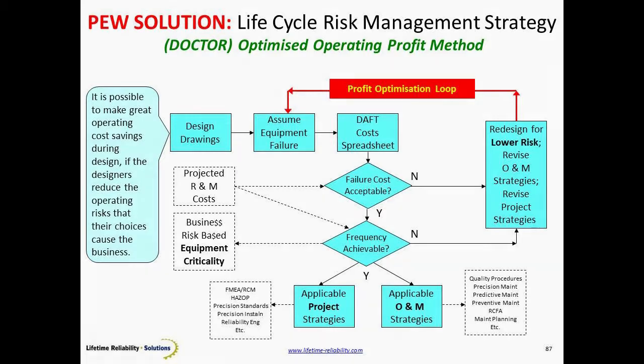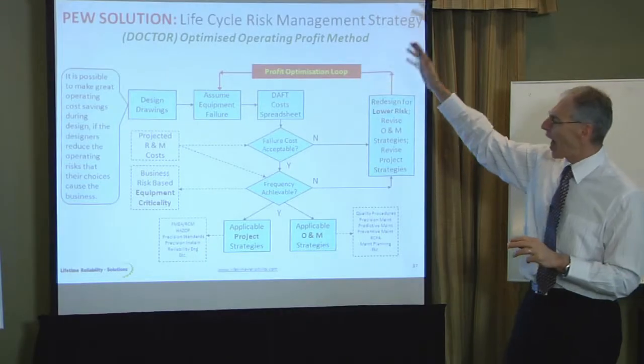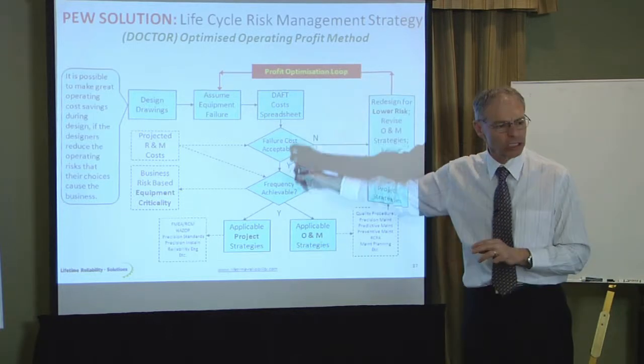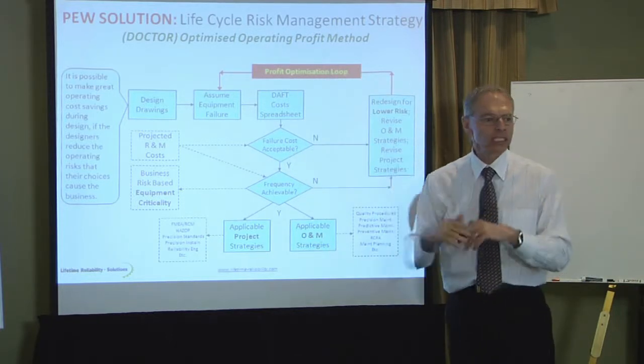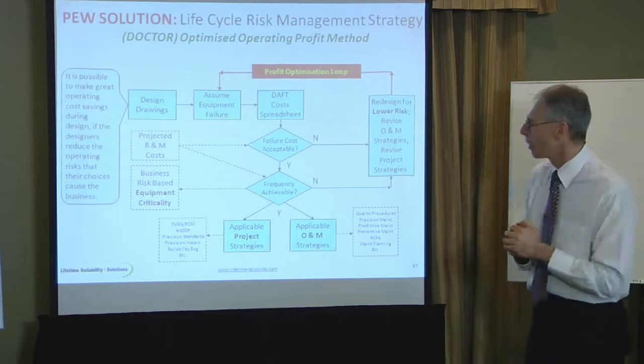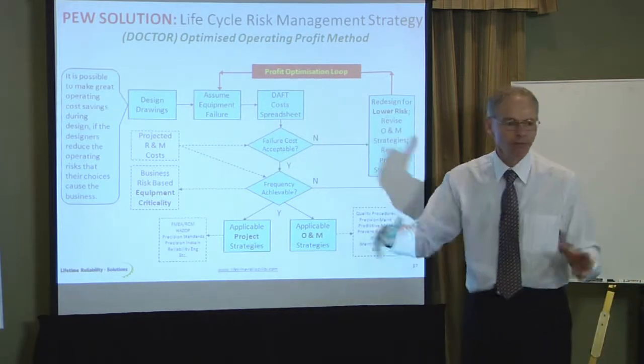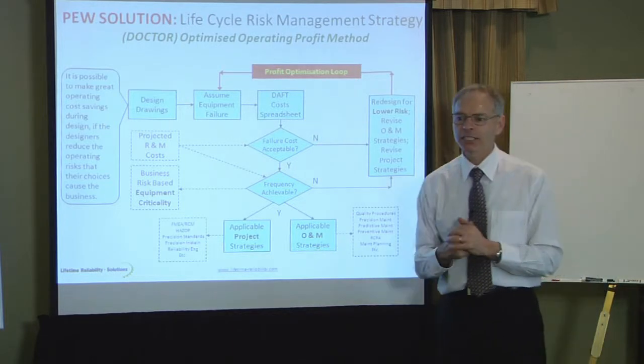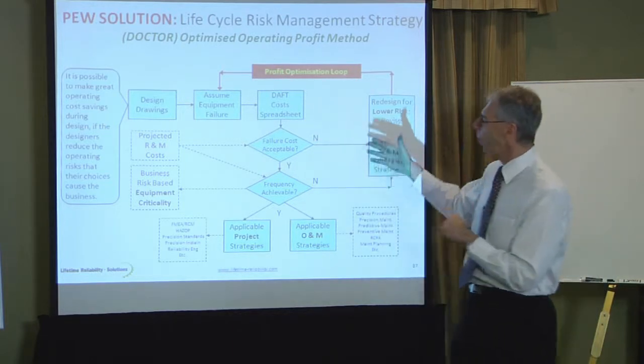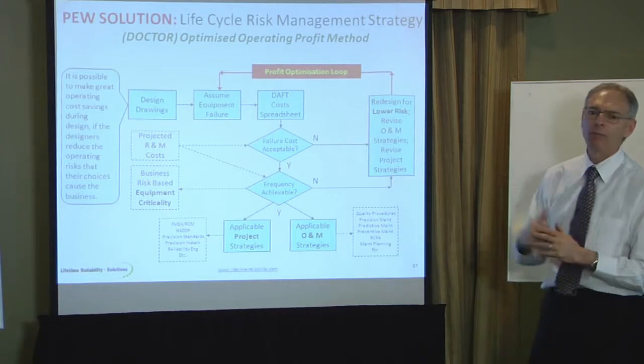And so I call it an optimisation loop. We're not going to have no failures. We're going to minimise the cost of our choices to the least operating cost possible. And that'll be easily done with a couple of spreadsheets and some flow diagrams and a team of guys together looking at things from the point of view, how do I maximise my operating profits in future?